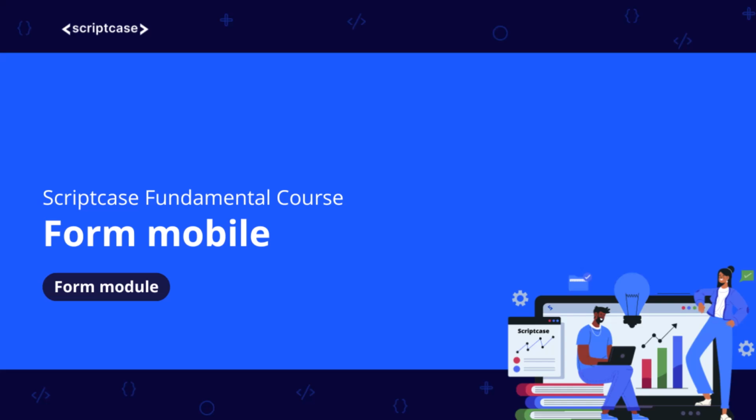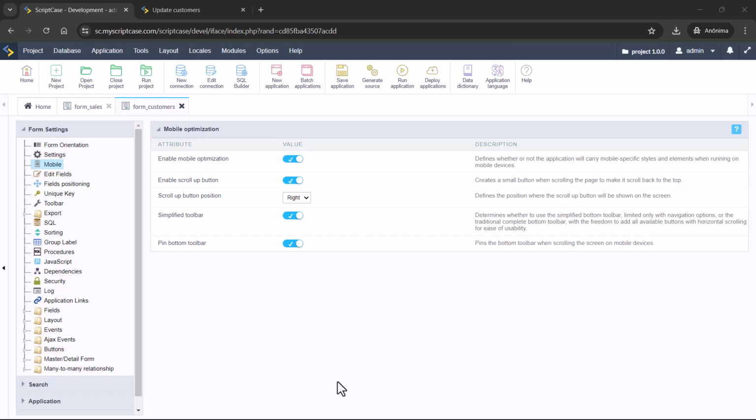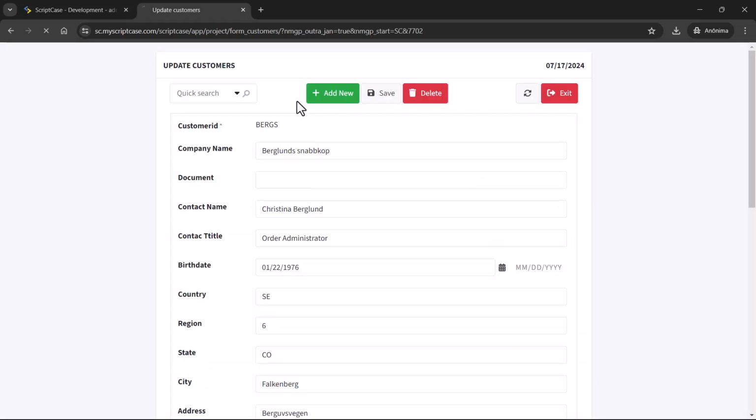For mobile, Script Case's Form application adapts automatically to mobile applications. So to see this application, let's run. This is the desktop view, and to see this and to emulate this form application within a mobile, I will